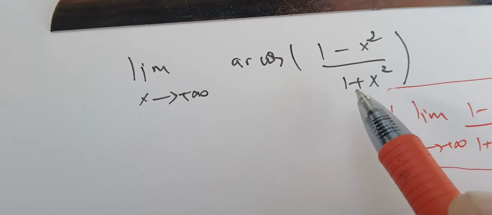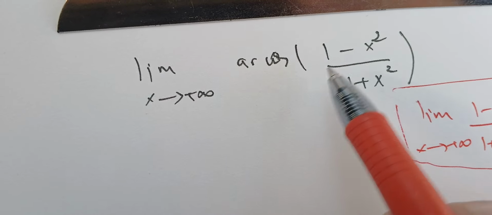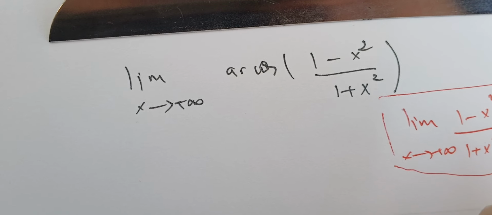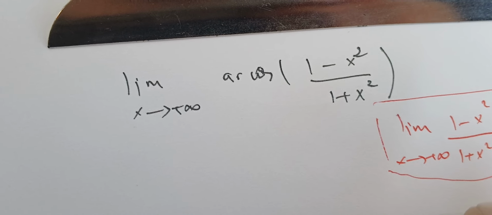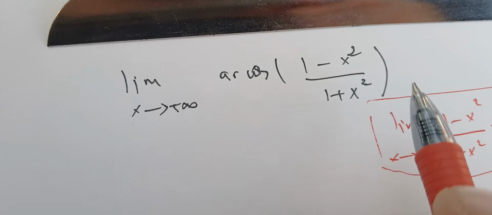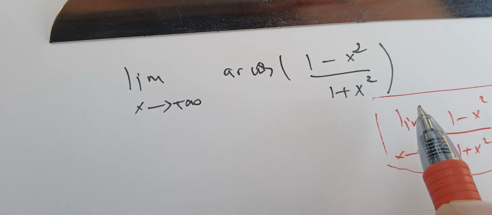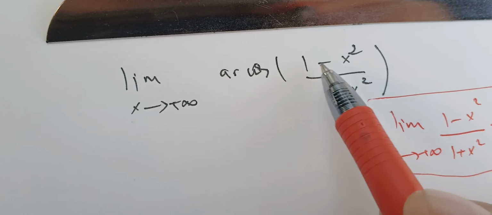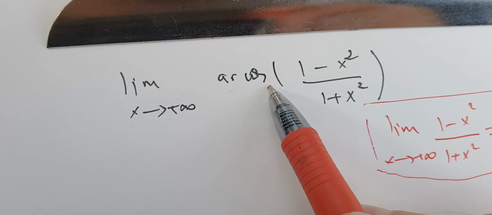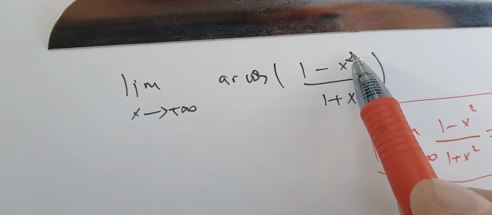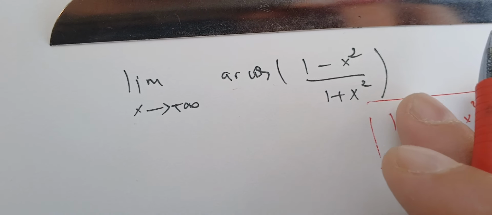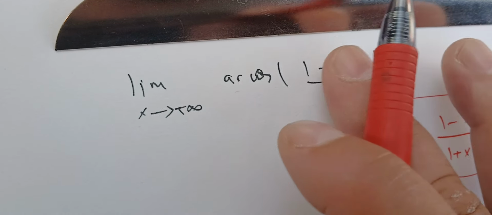Welcome back. In this video, we're going to try to find this limit here of the arccosine of (1 minus x squared) over (1 plus x squared) as x goes to plus infinity. This function is the composite of two functions, the arccosine of x and (1 minus x squared) over (1 plus x squared). A quick way to find this limit is that the arccosine is continuous and